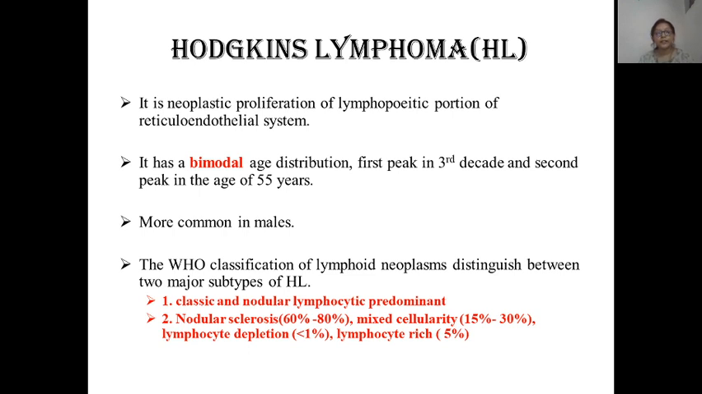According to WHO, it has been given a classification of lymphoid neoplasm. We can distinguish between two major subtypes of Hodgkin's lymphoma. The first subtype is classic, and the second is lymphocyte predominant, nodular lymphocyte predominant. Classic includes nodular sclerosis, which constitutes about 60% to 80%, mixed cellularity 15% to 30%, lymphocyte depletion less than 1%, and lymphocyte rich, which is almost 5%. These are the two major subtypes of